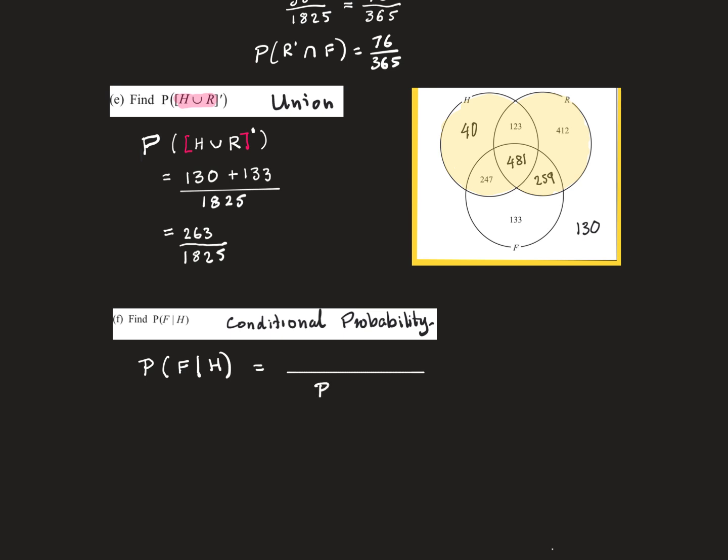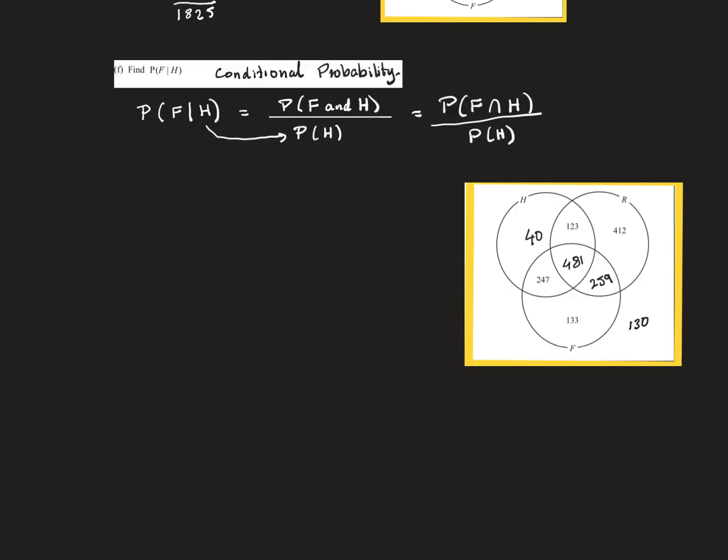Just make sure you put in the denominator the probability of H, and in the numerator, we'll put the probability of F and H. Now when we say and, we mean the probability of F intersection H over the probability of H. From our Venn diagram, we note that the intersection of H and F will be in here and in here. So we can write 247, add it to 481,